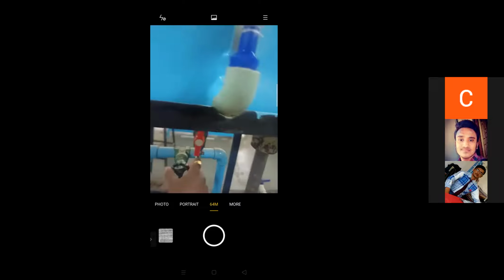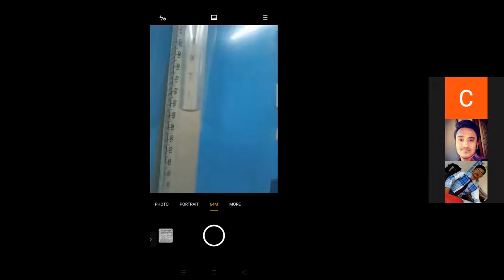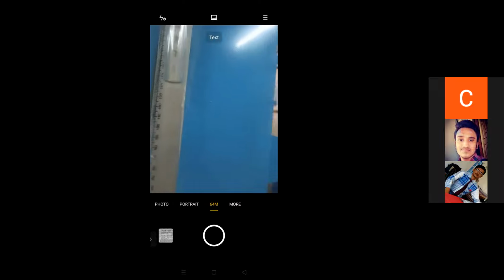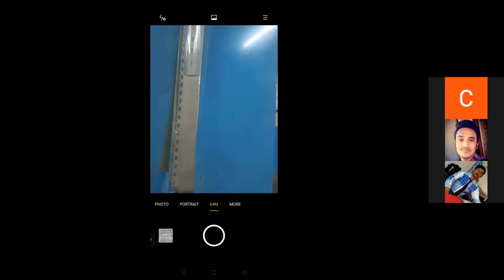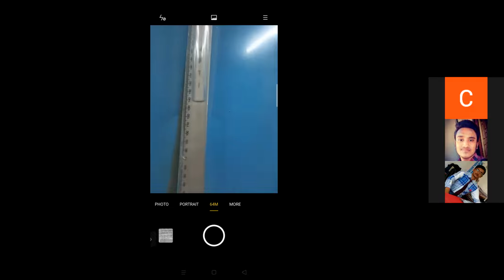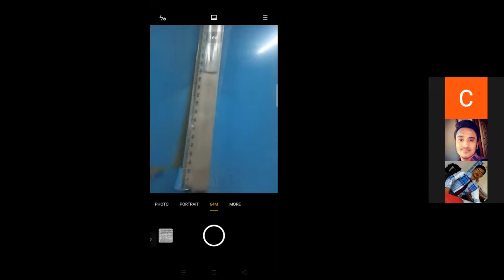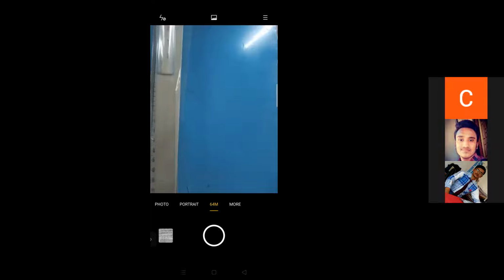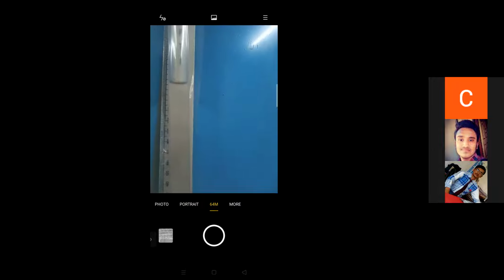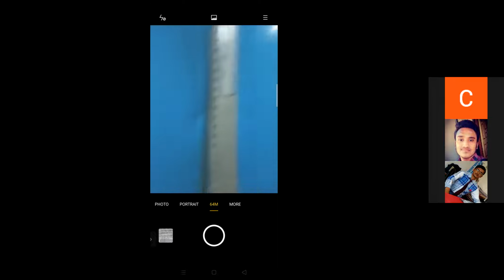So I need to open this valve also. The return valve controls the flow inside the tank. You can observe the water level is decreasing. With the help of this pipe and this valve, you can now control the decrease in water level. So here, for reading purposes, we have to consider the lower meniscus. The lower meniscus is what we have to take here for the reading.